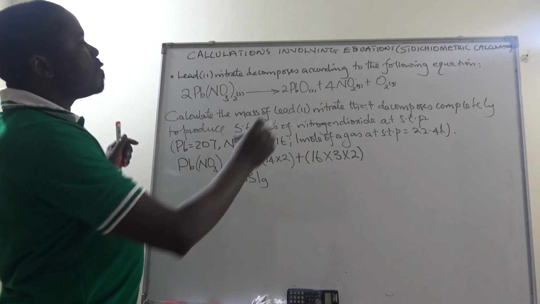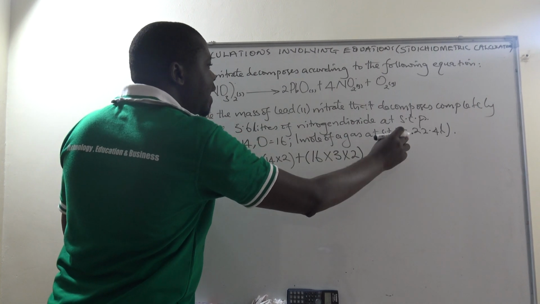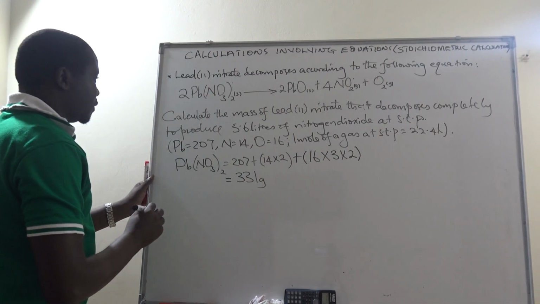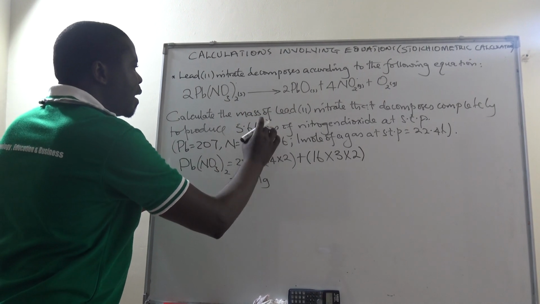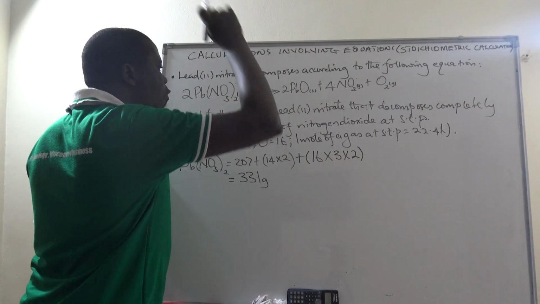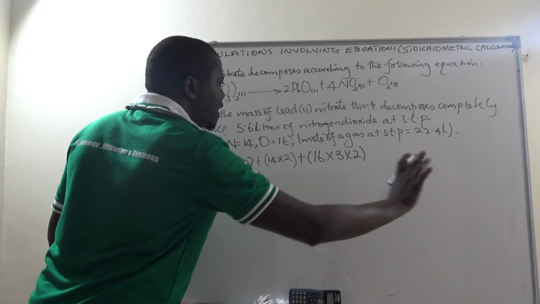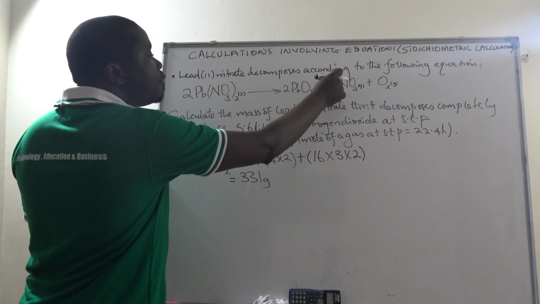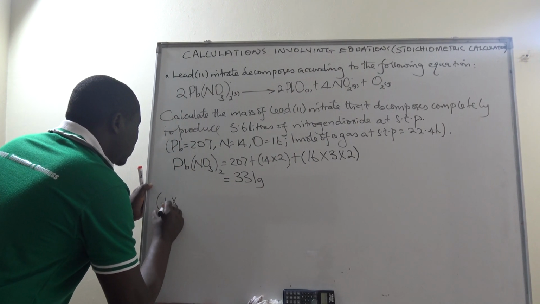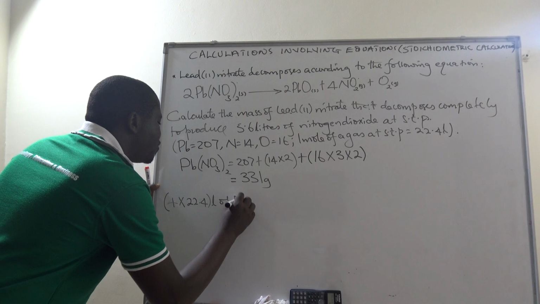And then we have also 4 moles of nitrogen dioxide. So the 4 moles of nitrogen dioxide, we are going to get its volume by multiplying the molar gas volume by 4. Let's go straight to first principles. So we are going to make nitrogen dioxide to be on our left hand side and lead (II) nitrate to be on the right hand side, because we are looking for the mass of lead (II) nitrate. Whatever we are calculating goes to our right hand side. We are starting with nitrogen dioxide. But there are 4 moles from this equation, so we shall say 4 times 22.4 liters of nitrogen dioxide